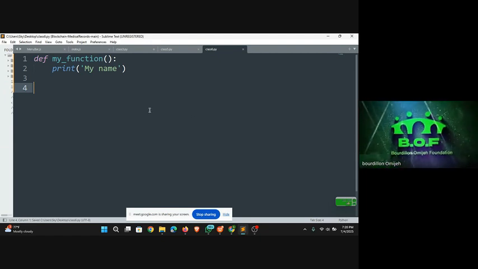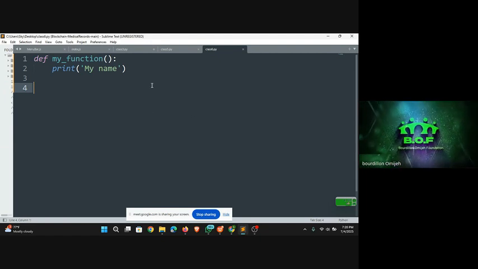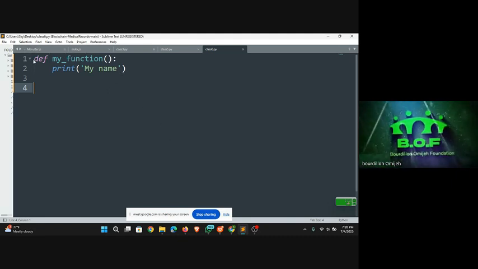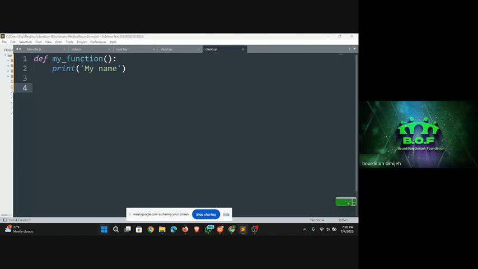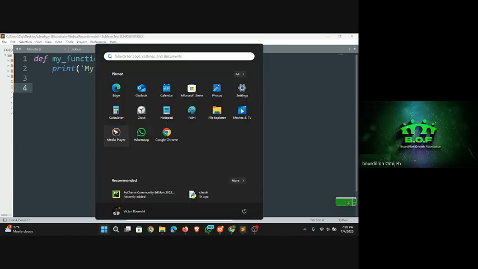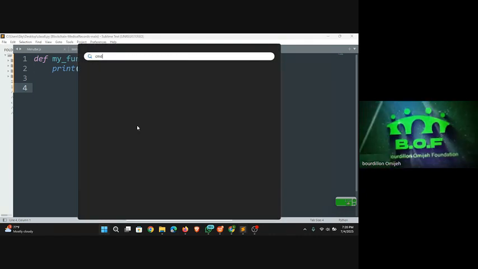Now, when I save this, let me point out something. You always call your function. I've talked about calling a function, but I'm going to run this without calling my function, and we'll see the result. So now I've written my code in my editor. I'll go to my command line, opened by typing cmd. When I open it,